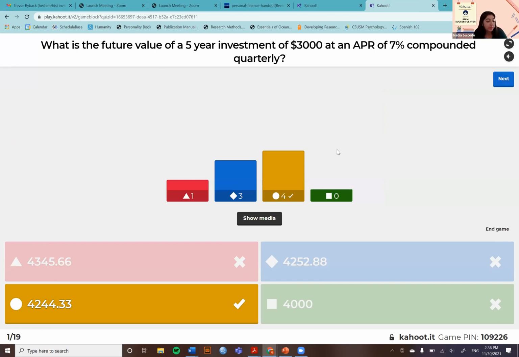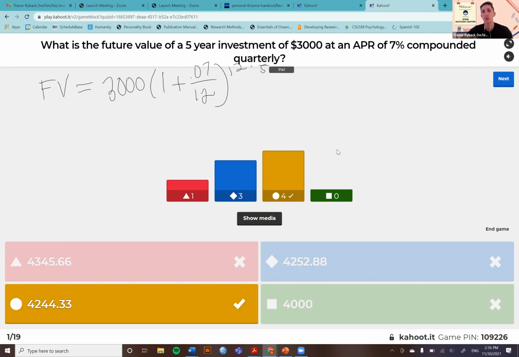So the future value of a 5-year investment of $3,000 at an APR of 7% compounded quarterly. Even though it says future value, that can kind of throw you off, we just have to use the regular compound interest formula for this one. Our future value is our amount after the compounding periods, and our present value is just, think of it as a principal. In this case, our principal would be 3,000. Then we multiply that by 1 plus the APR, which is 7% over 12, and then our n times y up here, and our n is 12 times however many years. And since it was 5 years,